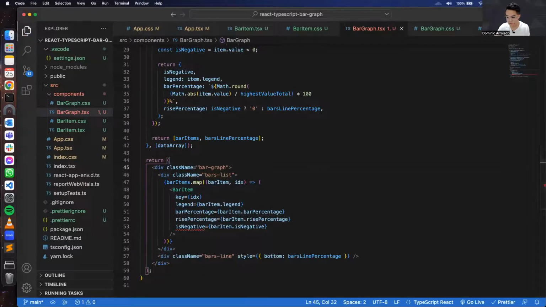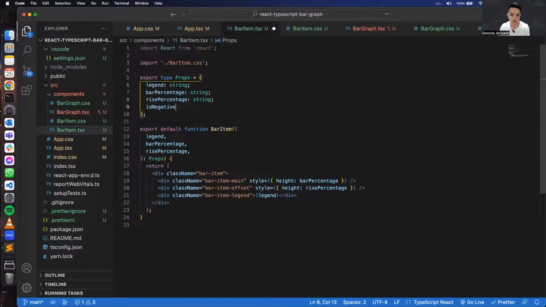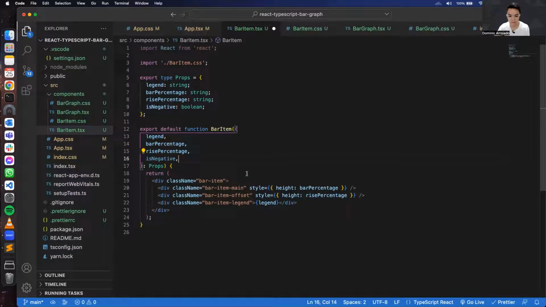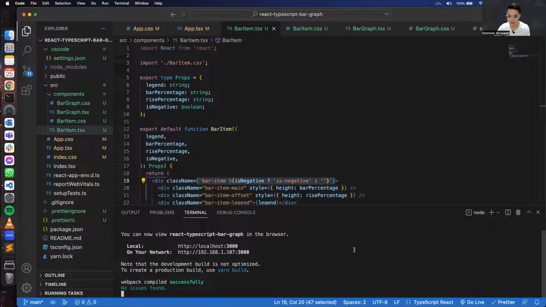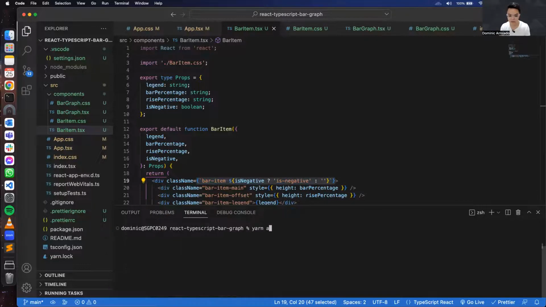Okay. So now that we need to support this new prop, this case is a Boolean. So now that it's a Boolean, you can pass in an isNegative class. Instead of doing it like this, we can actually install a library that I use, which is